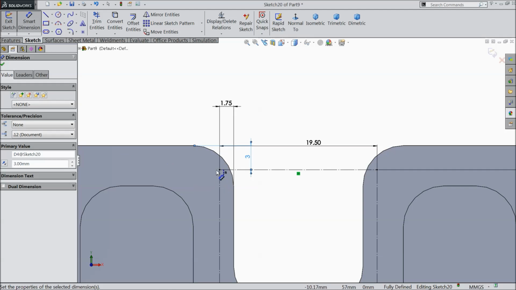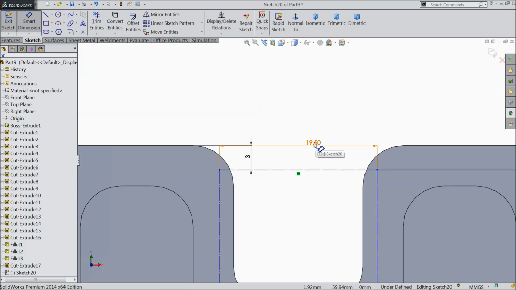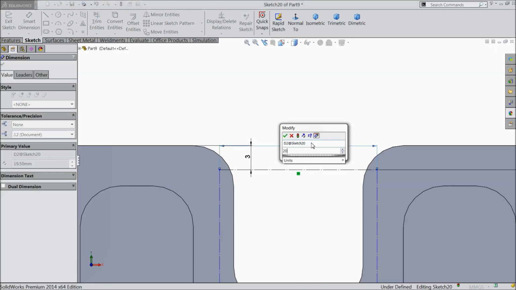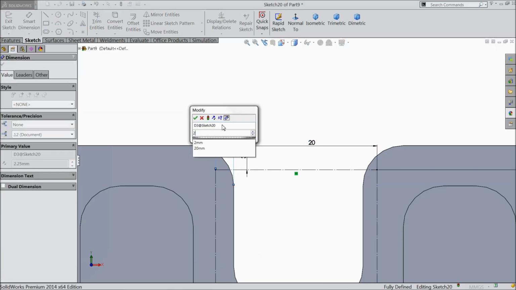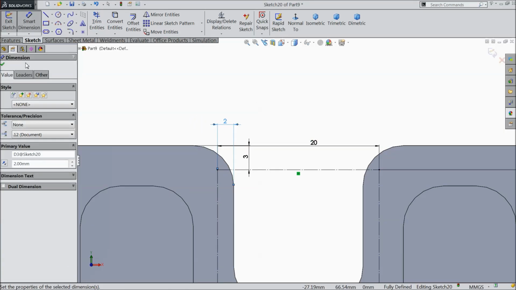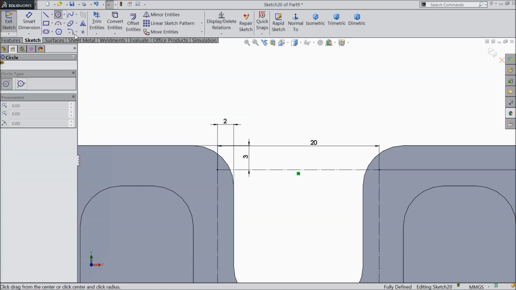Okay, actually we want 2 mm, but do one thing, delete. Let's delete this dimension and make it 20 mm. Now try 2 mm. Okay, select circle,